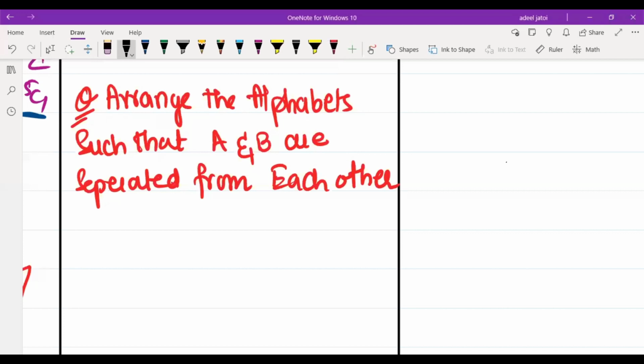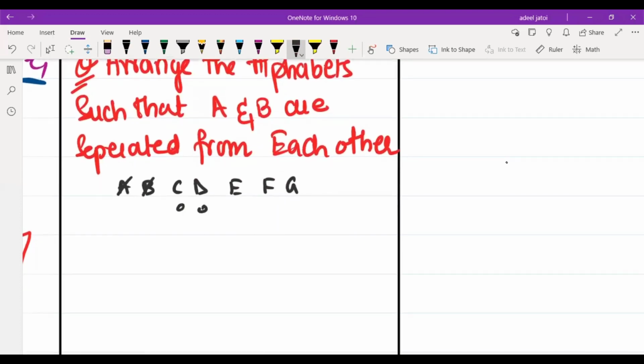Now, another example question from the same case, A, B, C, D, E, F, G. If A and B are separated, we are left with 1, 2, 3, 4, 5. 5 factorial for the movement of the letters that are left behind. So if there are 5 factorial for the movement, we know that there will be 6 gaps, considering 1, 2, 3, 4, 5, 6. These are the red marked 6 gaps, right? Now, if I place